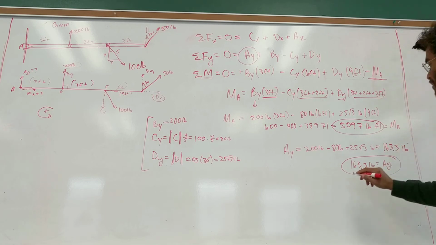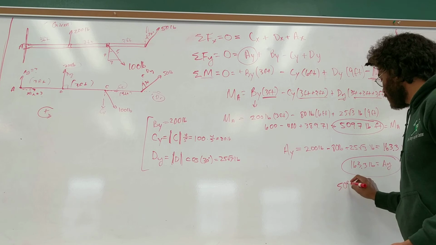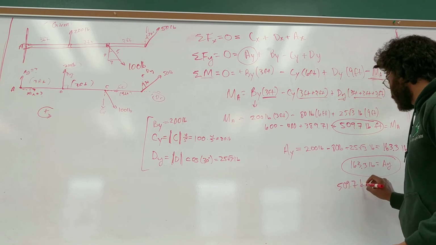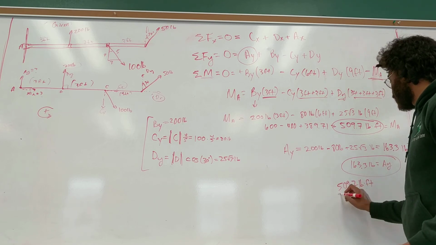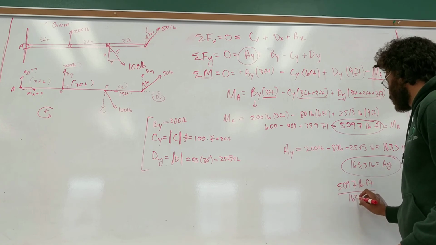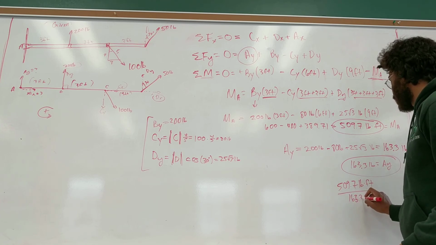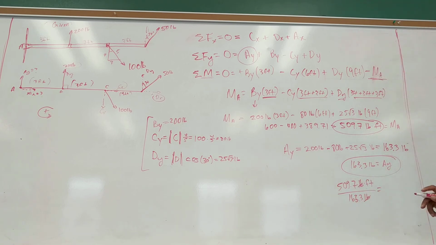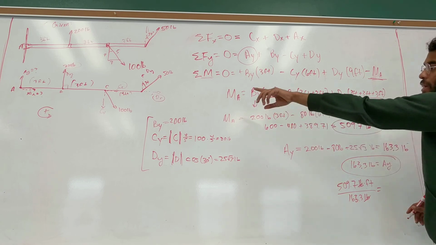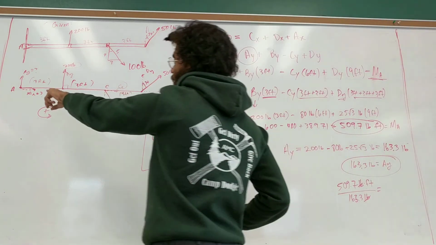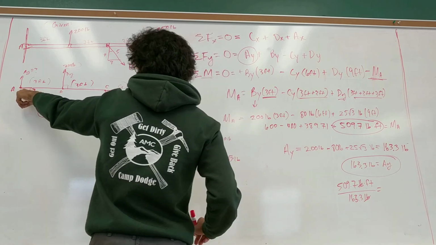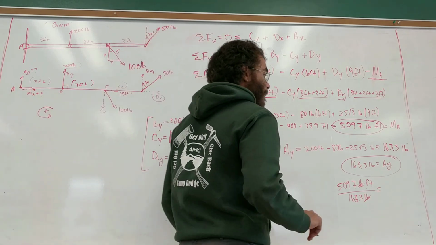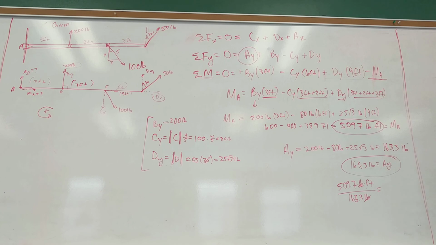So what we are going to do is 509.7 lb times foot divided by 163.3 lb, and the pounds cancel, and we can solve for the distance from our initial starting point, or yeah, so where the resultant force would be equivalent to all this, and we should get